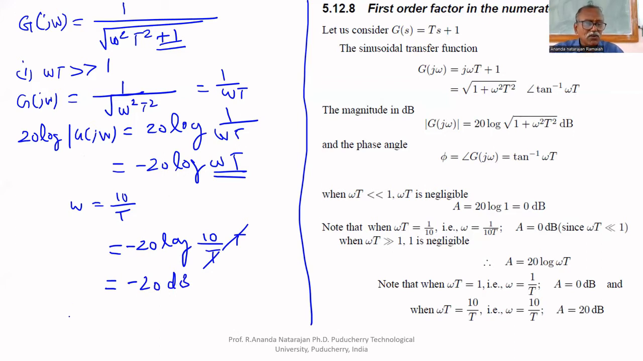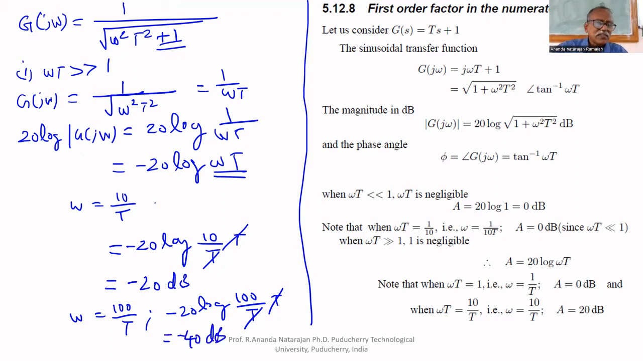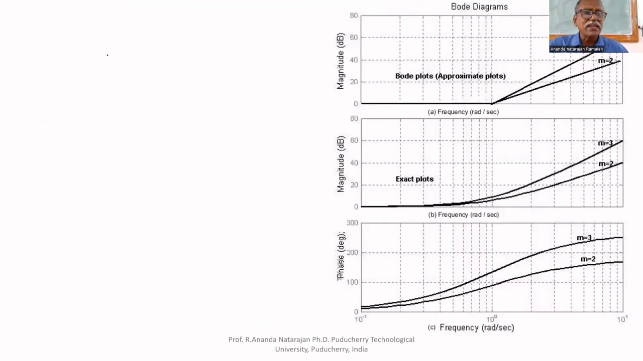Suppose omega equals 100 by tau, what will happen? You will get minus 20 log 100 by tau multiplied by tau. Therefore, power 2, so you will get minus 40 dB. What is the difference between omega 1 equals 10 by tau and omega 2 equals 100 by tau, 1 decade away? What is the decrease in magnitude? 20 dB. Therefore, it decreases at the rate of